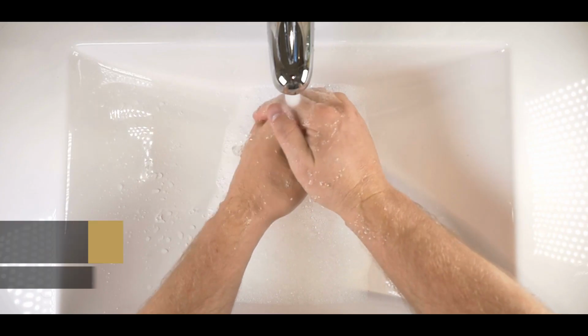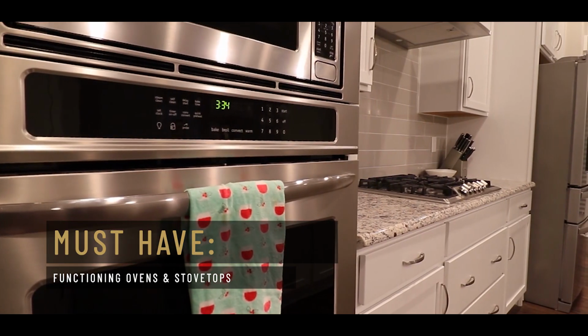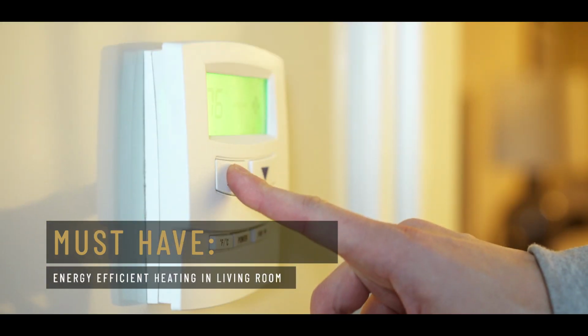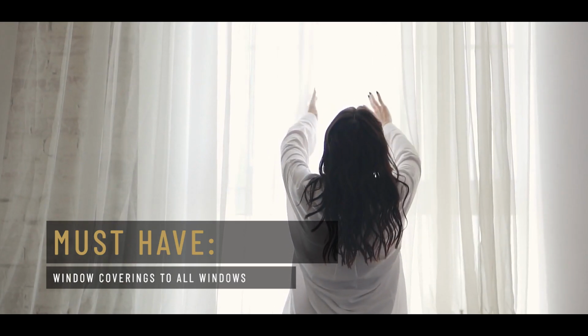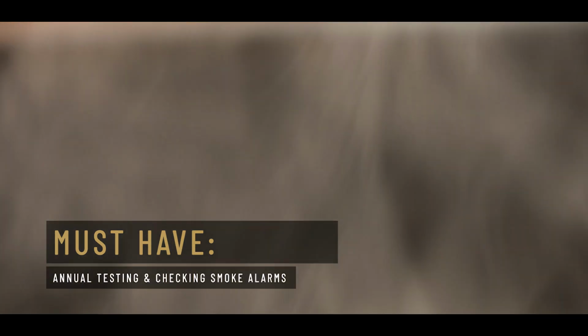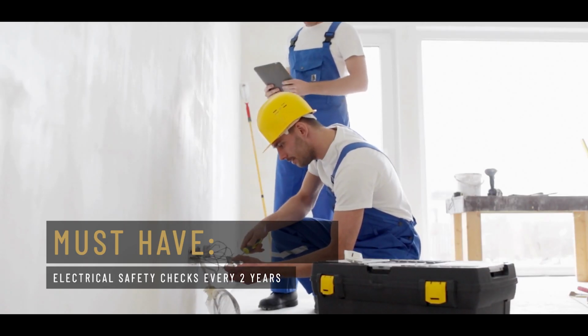From Monday 29th of March, the minimum rental standards for all rental properties must have hot and cold water in the bathroom and laundry, functioning ovens and stovetops, sinks in the kitchen, permanent fixed and working energy efficient heating in the main living room, deadlocks to entry doors and latches to all external windows, window coverings to all windows in bedrooms and living areas, annual testing and checking of smoke alarms, electrical safety checks every 2 years by a licensed or registered